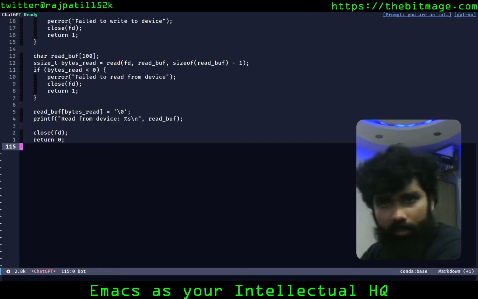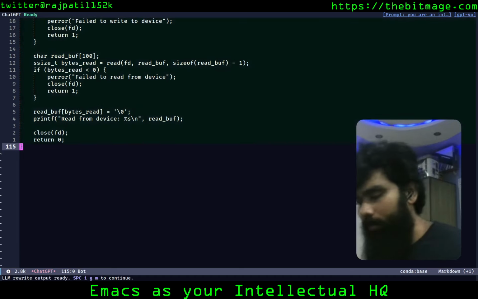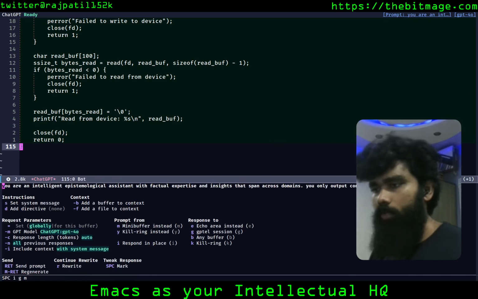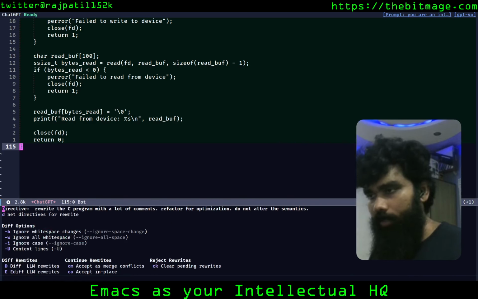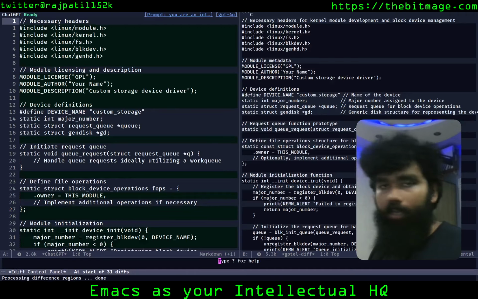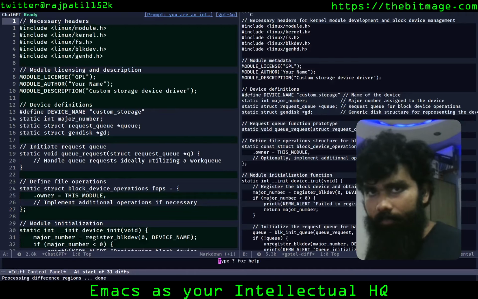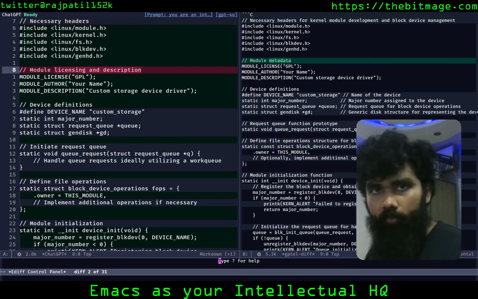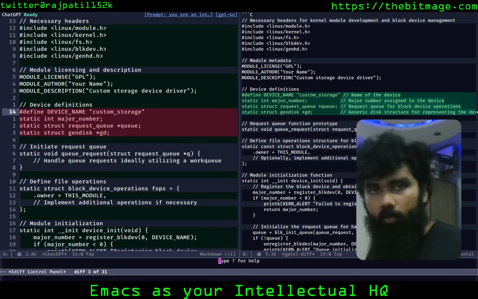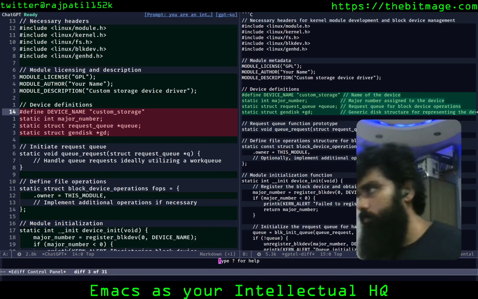The bar should turn green, and yeah, did it? Yeah, it returned. So I'm gonna hit space IGM to continue with my rewrite. I'm going to my edef LLM rewrites. And now here, this is a great example for edef. I can just move with the LLM output as to what actually happened, what all suggestions it is giving me.